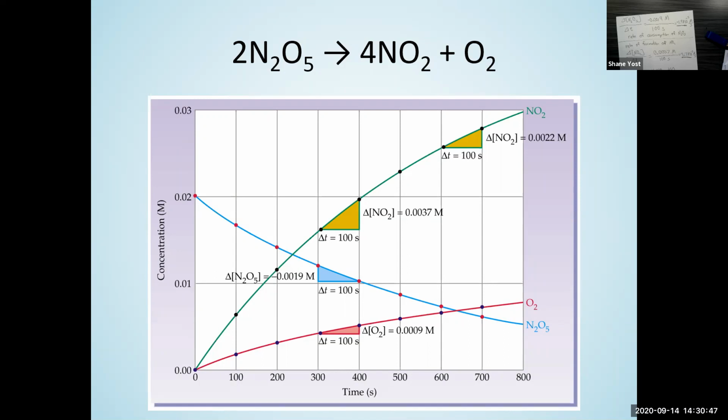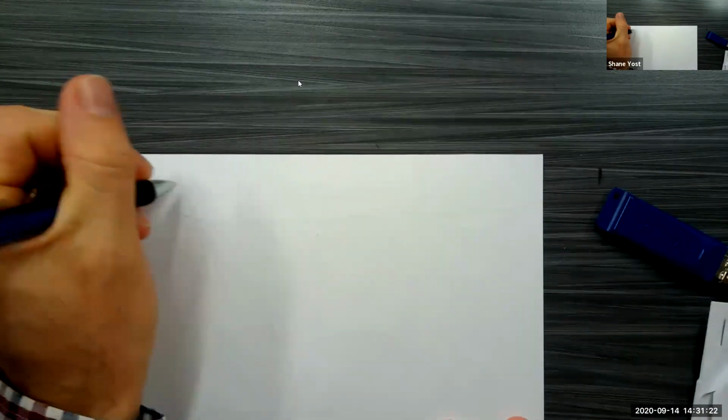So then this person tells me, hey, the rate of the reaction is twice as fast as what you measured, you're wrong, and then we're going to get into a big fight. And the thing is, we're both right. The reaction is taking place at the exact same speed. It's just that depending on whether you're looking at one of the reactants or one of the products can change your answer if we define the rate of the reaction as just the rate of formation of one of the products or reactants. And so we don't do it that way. Instead, for a reaction, we define the average rate of reaction.